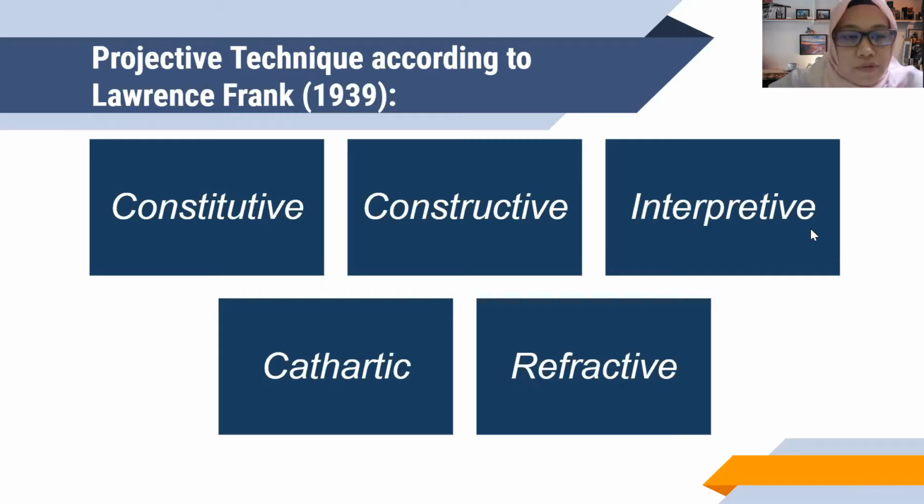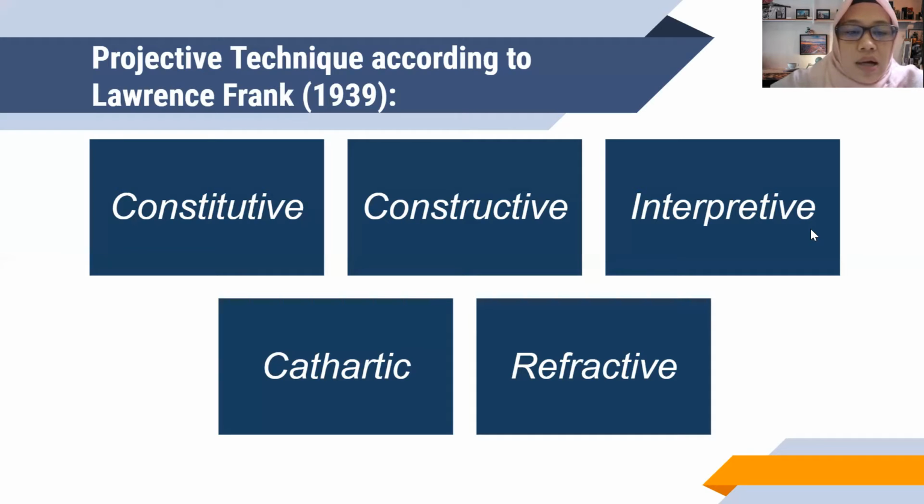The criterion for the categorization centered upon what they require or evoke from the subject or the test taker. His five-fold grouping of methods is as follows: the constitutive methods that involve the imposition of structure upon relatively